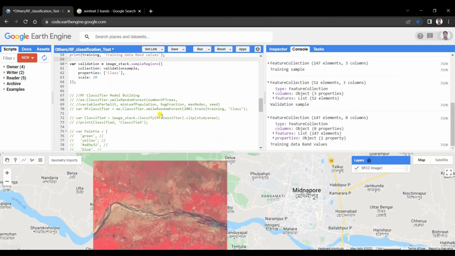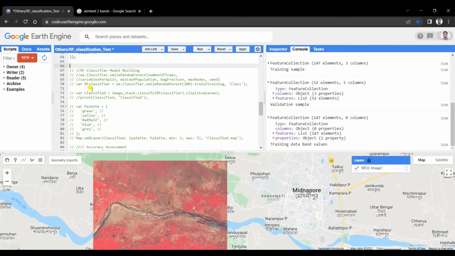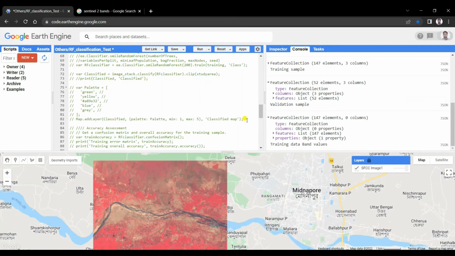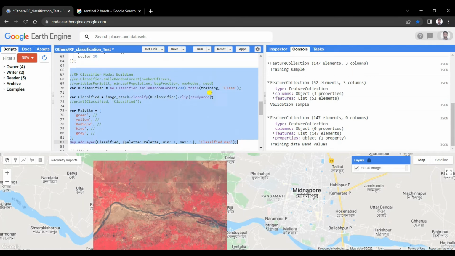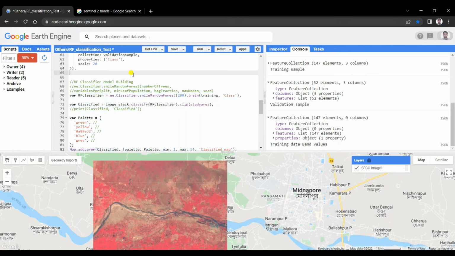Now we are going to build our random forest model or classifier. This is the part of that code. So our training data point is ready with the image pixel values or DN values, and the code to create a random forest classifier is very simple. ee.Classifier.smileRandomForest, and this is the number of trees you want. You can change it to any value,